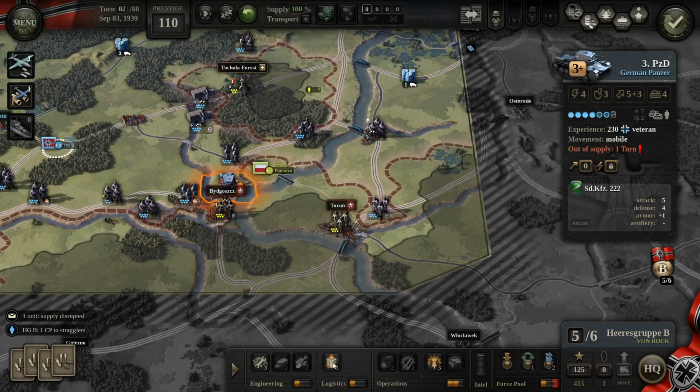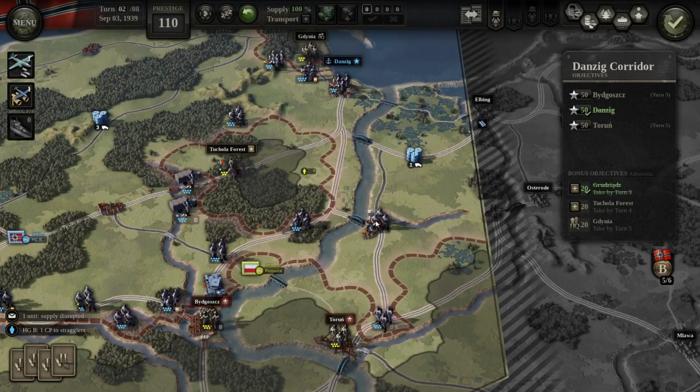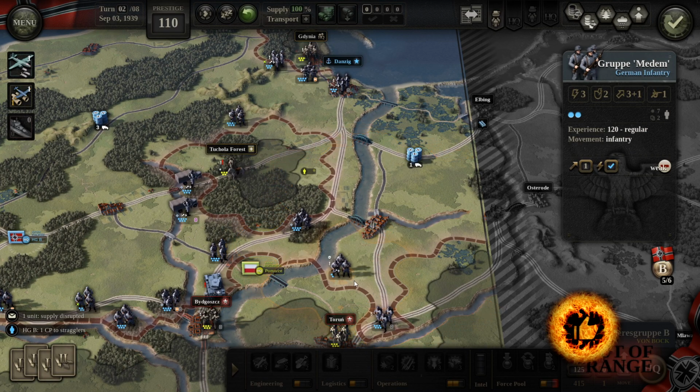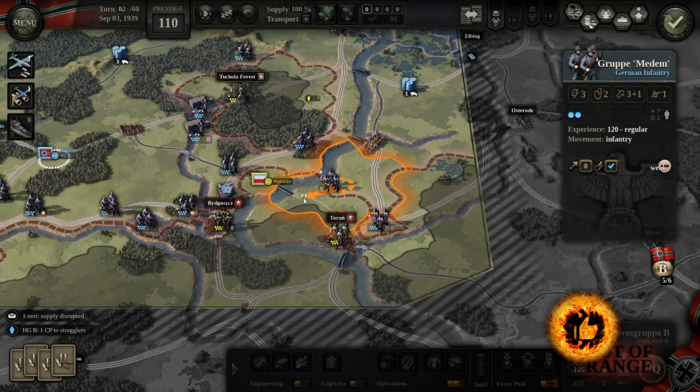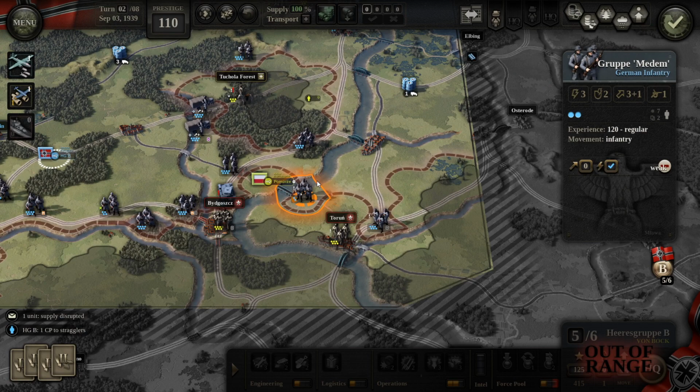Now we're going to use here... Actually, do we want to use the feint attack? We could, but we don't necessarily need to. Move with these guys closer, but not quite in range of that. Just take over some of these places. That's out of range now, but...